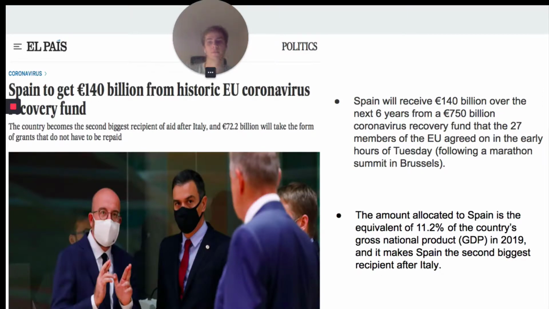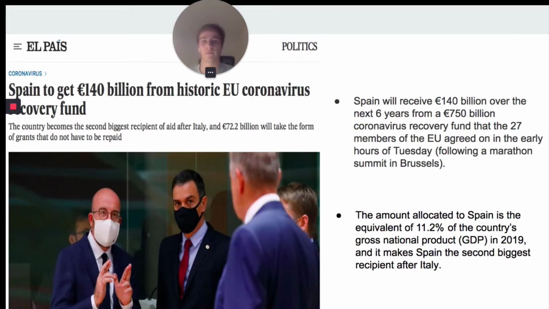We related this topic to the current COVID-19 crisis that we are suffering globally, and it is impacting Spain and many other countries in the European Union. This article talks about how Spain will receive 140 billion over the next 6 years from a new coronavirus recovery fund that the 27 members of the European Union agreed on in the early hours of this Tuesday. The amount allocated to Spain is the equivalent of 11.2% of the country's gross national product in 2019,